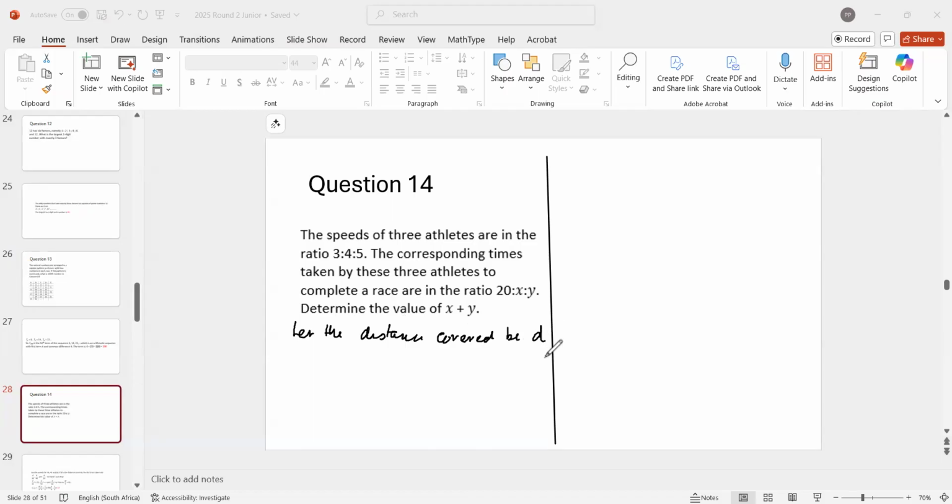I like using D for distance. Now, the speeds, we don't know what the speeds are, but the ratio is 3:4:5. So let the speeds be,